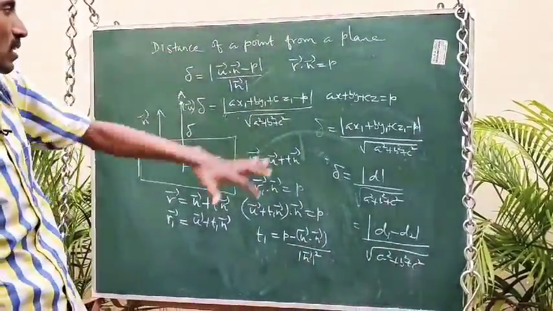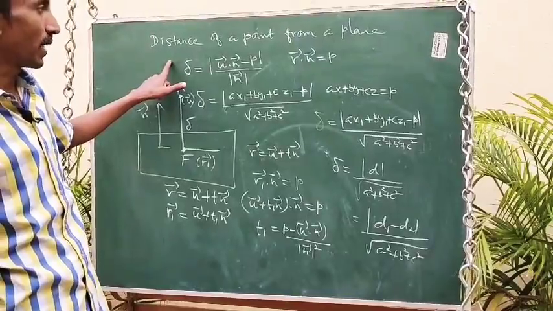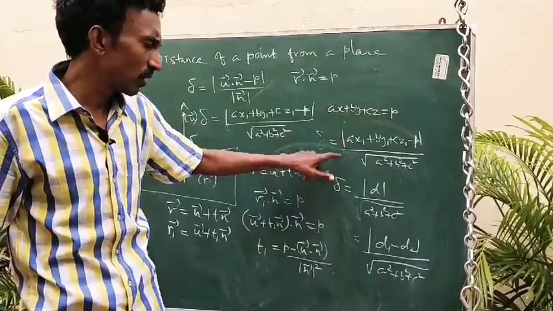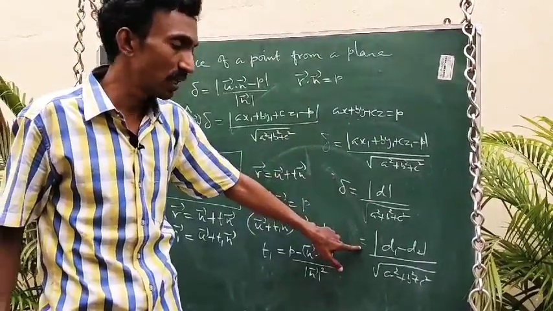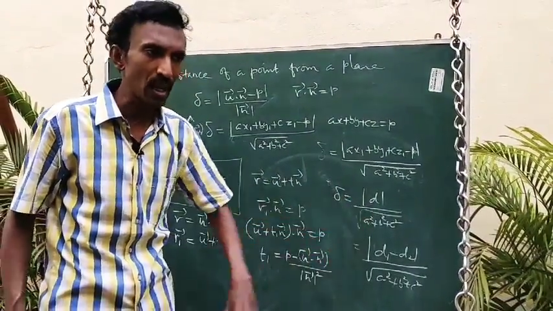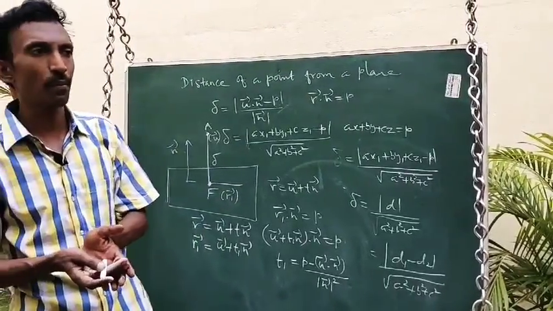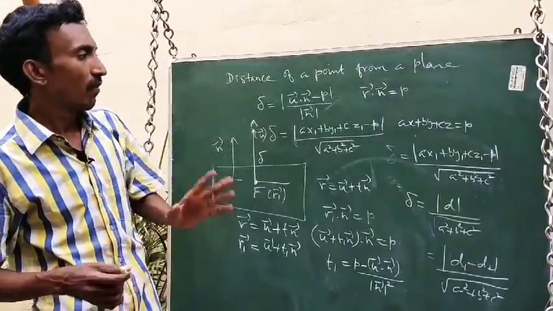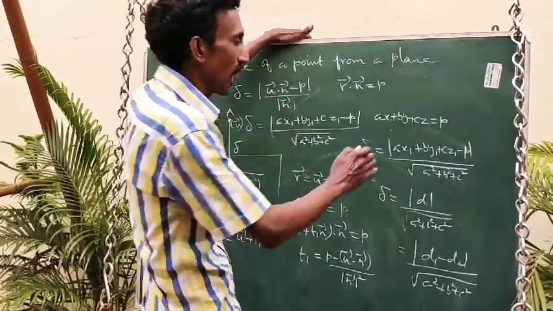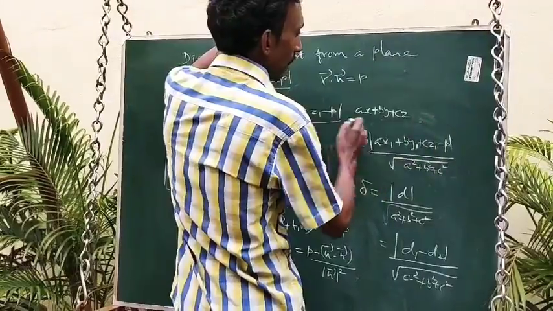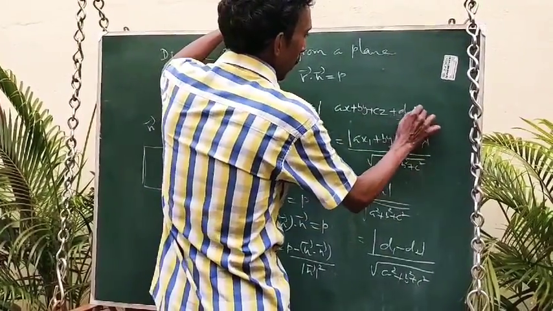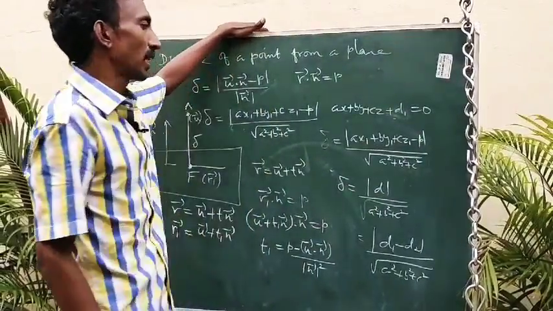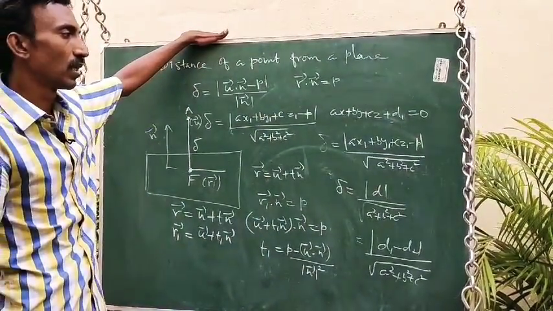So remember the distance formula. Distance of a point and a plane, vector form, Cartesian form. Perpendicular distance between origin and a plane, distance between parallel planes. Okay, the next concept is equation of a plane passing through the line of intersection of two planes. For example, first equation is ax plus by plus cz plus d1 equal to 0. Second one is ax plus by plus cz.